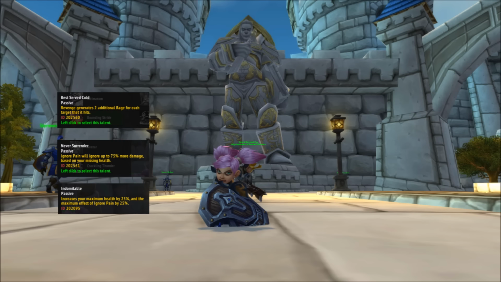Now, in general, you should avoid Best Served Cold, because it really doesn't add that much to tankiness. The other two are give and take. Never Surrender is really good if you're going to be at low health a lot, low being less than like 75%,